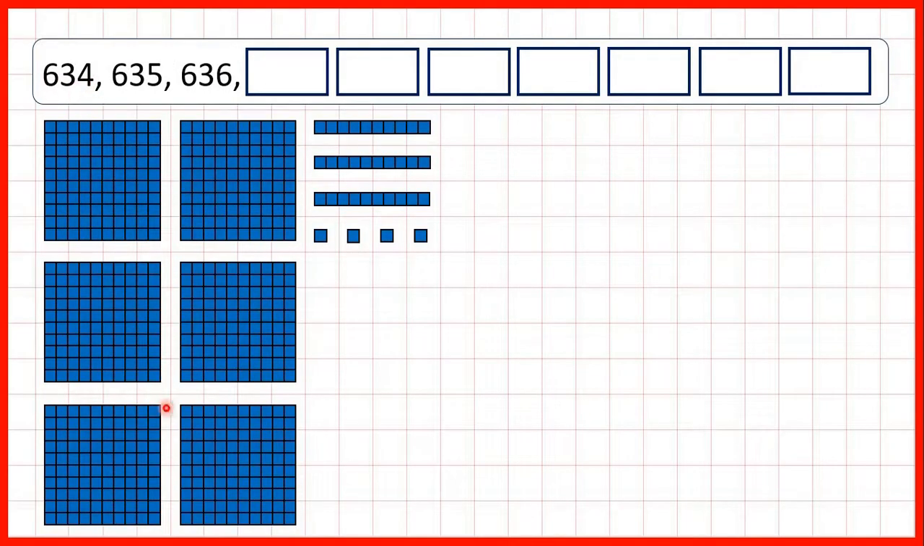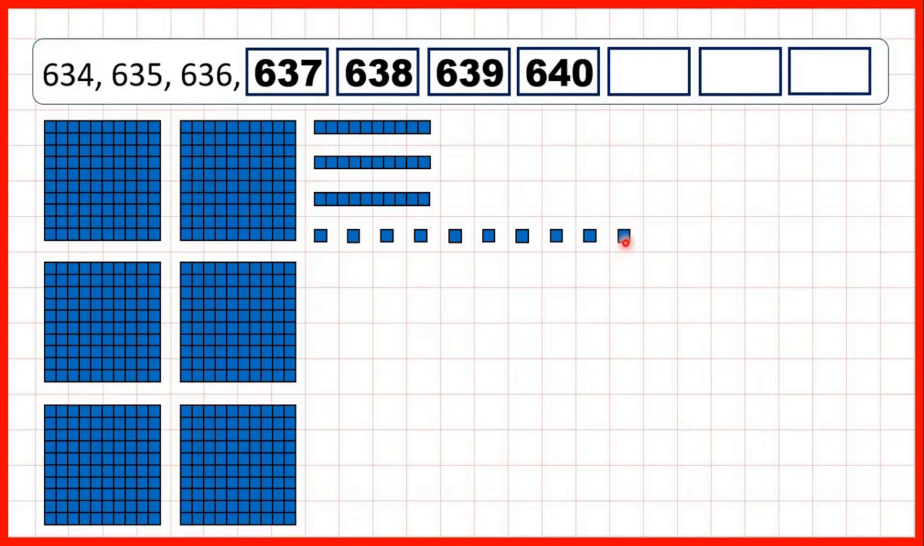Now 634, so there's 6 hundreds, 3 tens and 4 ones. We're counting in ones, so next we have 635, 636, 637, 638, 639, and if we add one more 1, we get 640, because we can exchange our 10 ones for one more 10, meaning that we now have 4 tens and 0 ones. Then 641, 642,